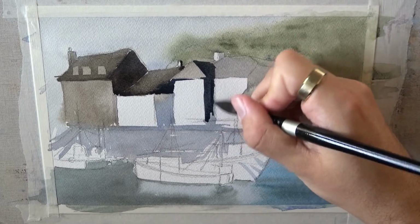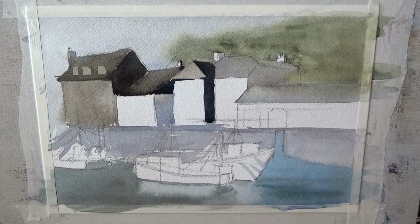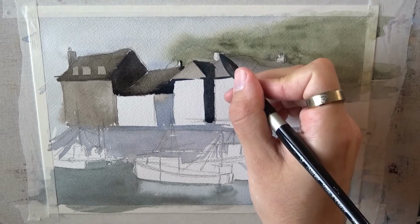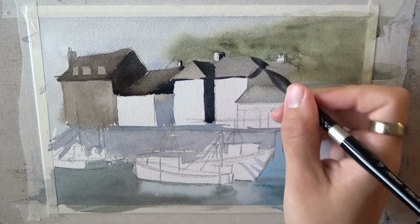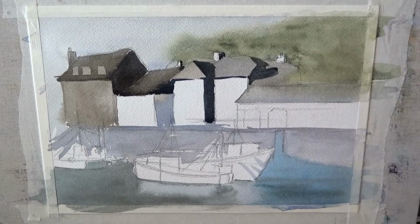So now I'm going in and adding some shadows, deeper shadows to this side because it just felt right. The thing is, I went a little too dark with this. I think I should have definitely kept it a little lighter because the walls are lighter than the roofs. But anyway, yeah. So now I'm covering again this right side of the roof just to create some more shadows